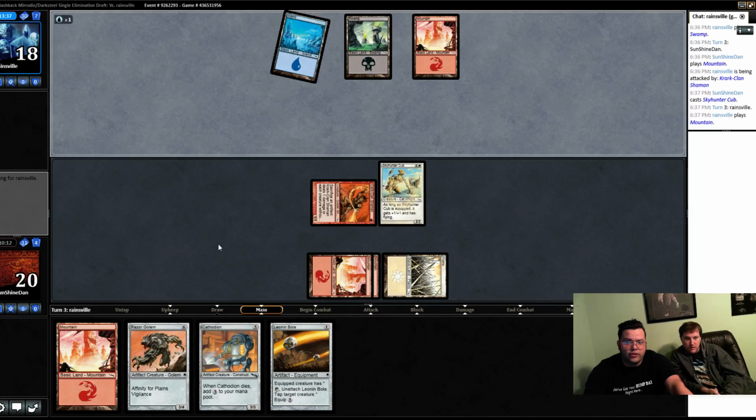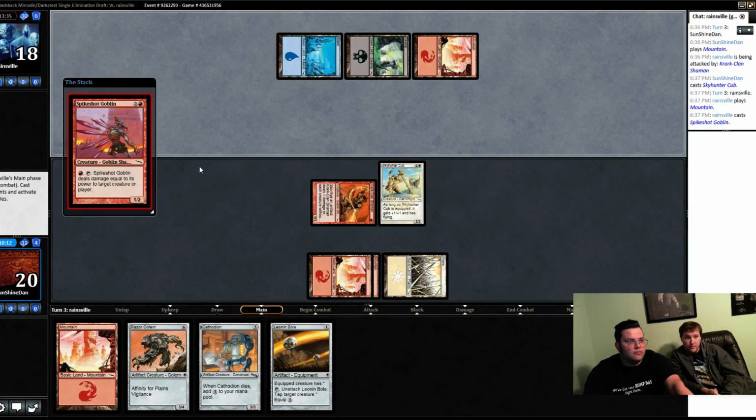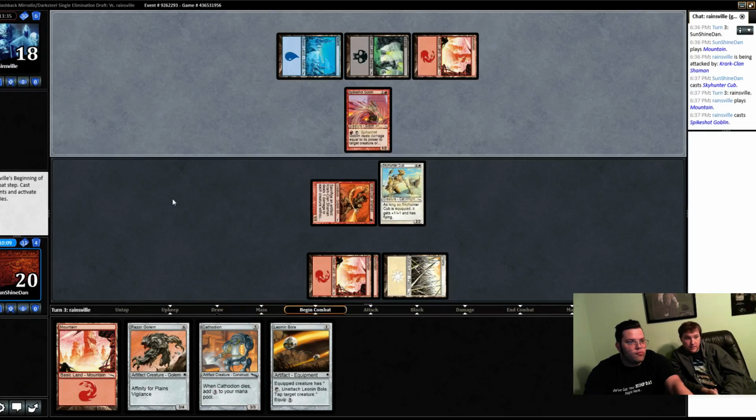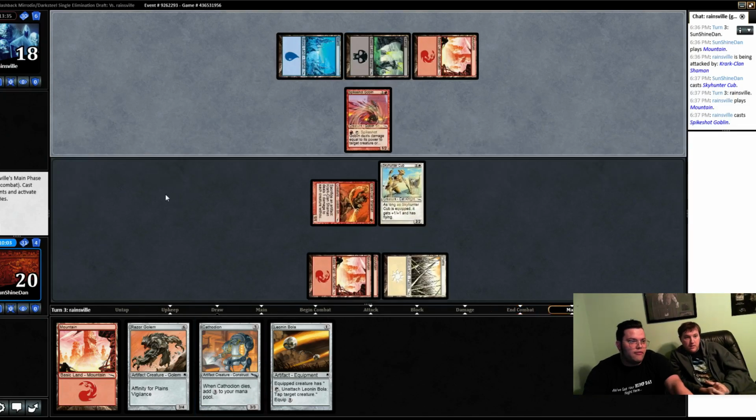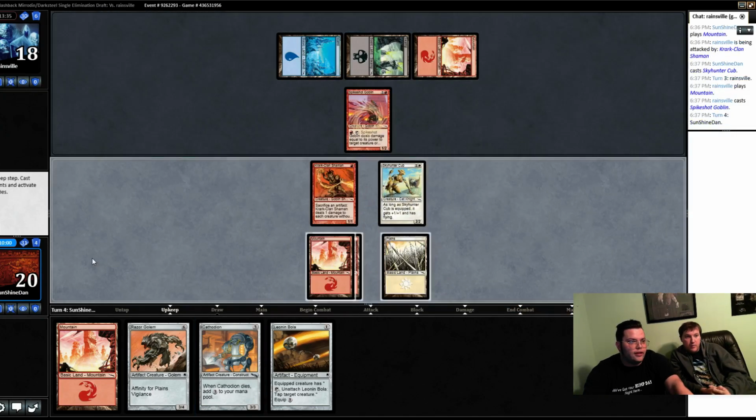Because he played 2 Annuls, didn't he? It's 1 or 2. Oh, Spike Shot. That's not good. It's fine. Now we can play Cathodian and the Bola, but then we don't have a board and we trade 4 for 1, and I don't like that. Well, we do need to play...